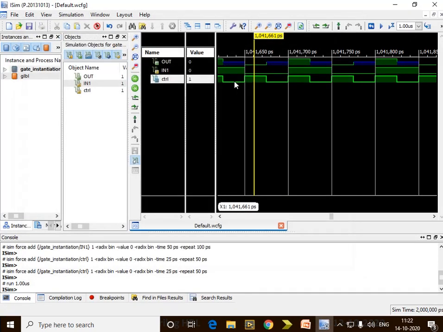So BUFF1. If control is 1, then only you behave as a buffer. If control is 0, you don't behave as a buffer. It means that, look here, control is 1, whatever is the input, the output is the same value. Control is 1, input is 1, output is 1. Control is 1, input is 0, output is 0. What if control is 0? Control is 0, the output will have a high impedance.